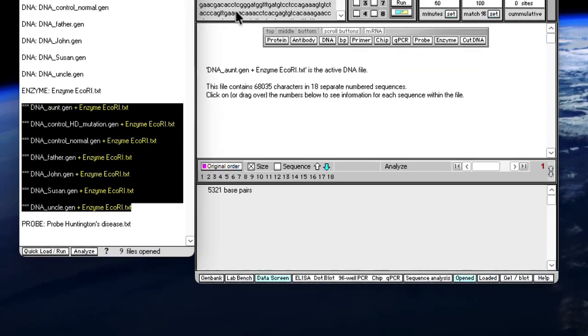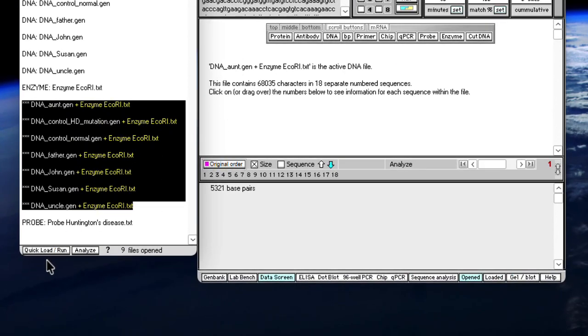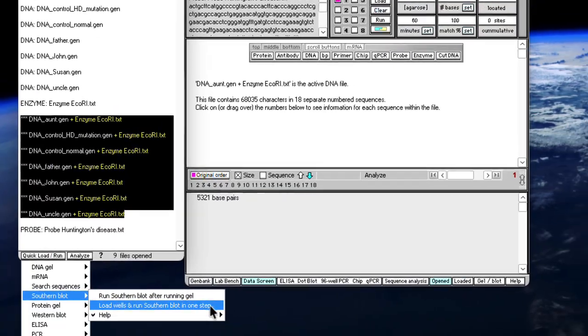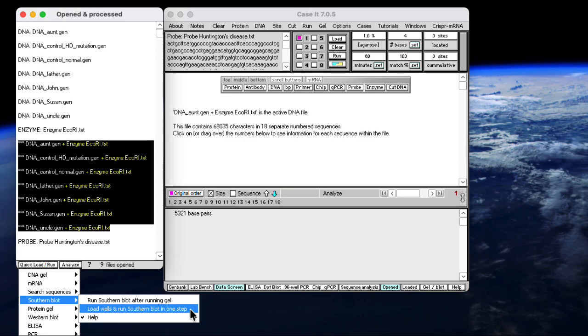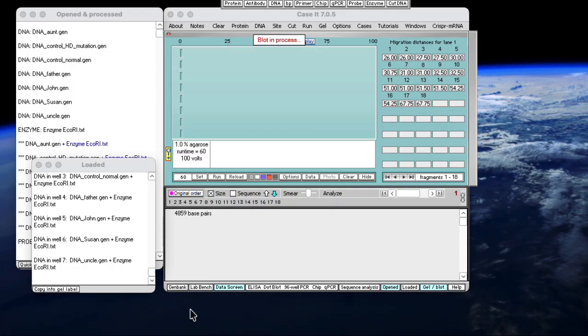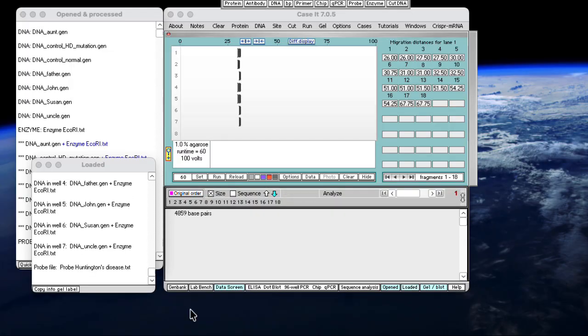To do this quickly then, we'll use the quick load and run button, Southern blot, and I'm going to load the wells and run the Southern blot in one step. There's another tutorial where you can see how to load wells in a more stepwise fashion, but we want to do things quickly. The default timer setting is 60 minutes. At that timer setting, these bands are really too close together to see what's going on. So we need to separate those bands. We really want to rerun this blot